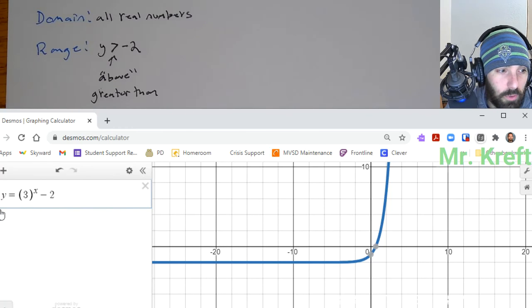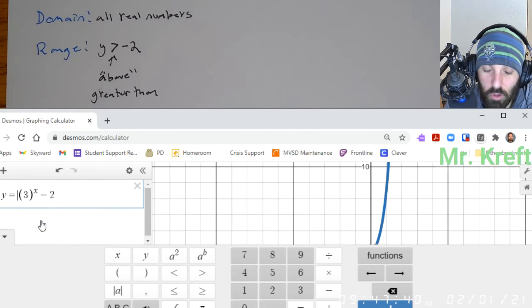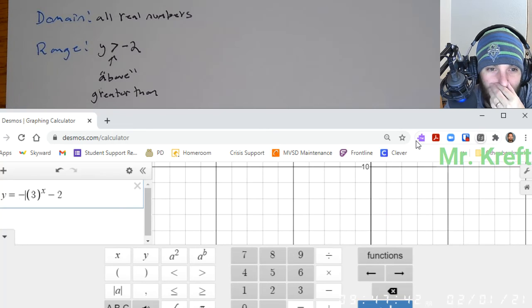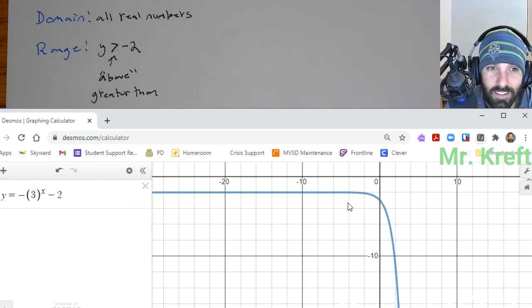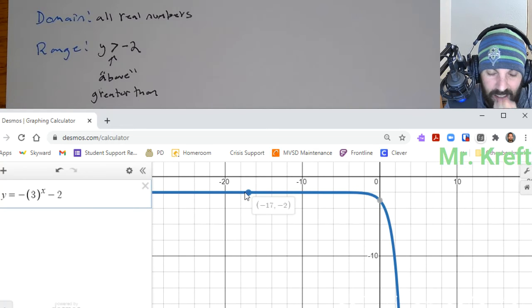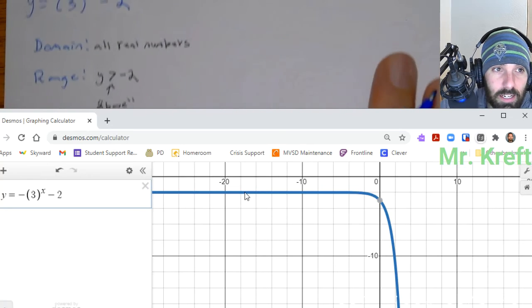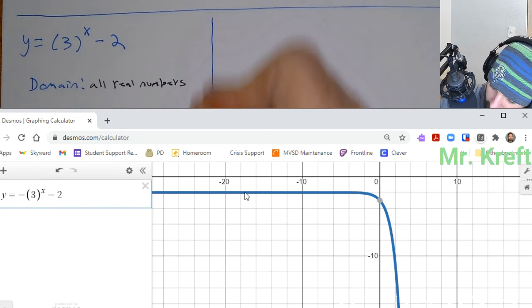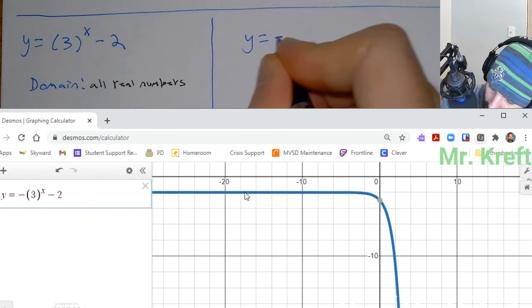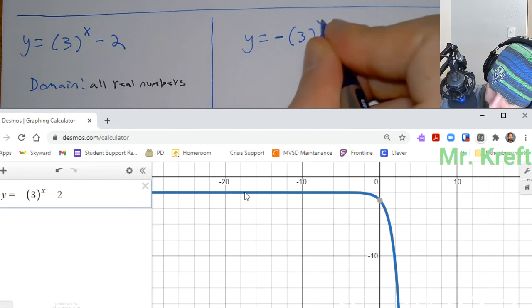So here, do you want to see what happens when it's below? You know it's below when I put a negative here and I go back to here. See, now it's below -2. Do you guys see that? So now this is below -2. In fact, let's write that right next to it. So there's the exact same question. I put a negative out in front,